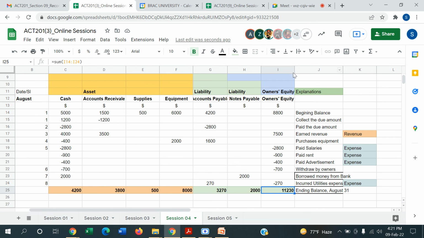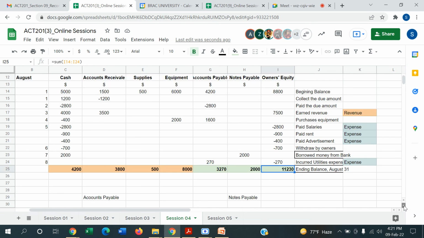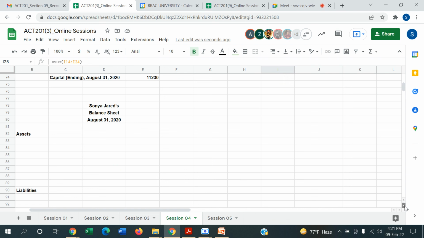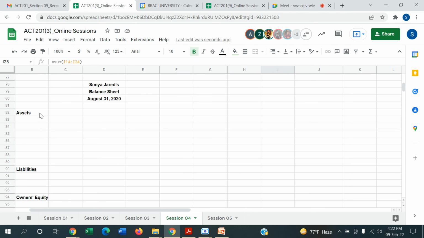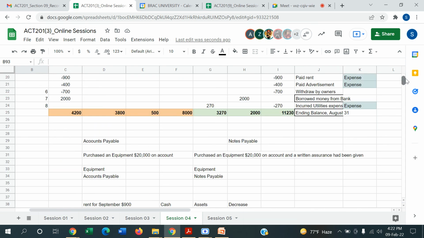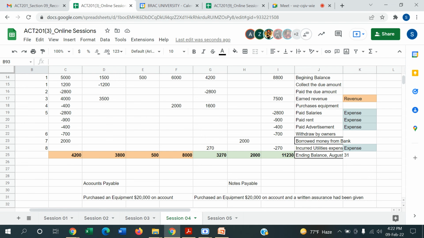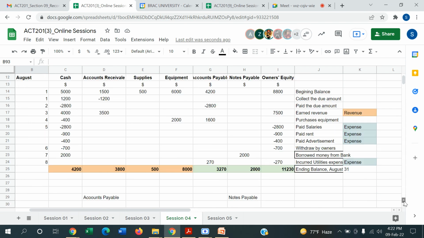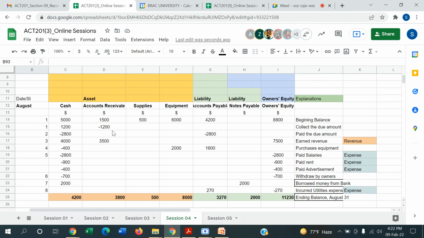So this is how we can prepare the owner's equity statement. And finally, we can prepare the balance sheet. In the balance sheet, as you know, we have to show the asset, liability, and owner's equity, and we will just transfer all the assets, liability, and owner's equity from the tabular analysis to the balance sheet. We'll transfer all the assets, cash, accounts receivable, supplies, equipment, all the liabilities, accounts payable, notes payable, and owner's equity